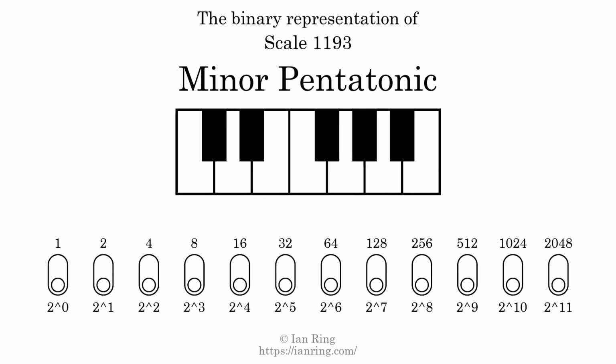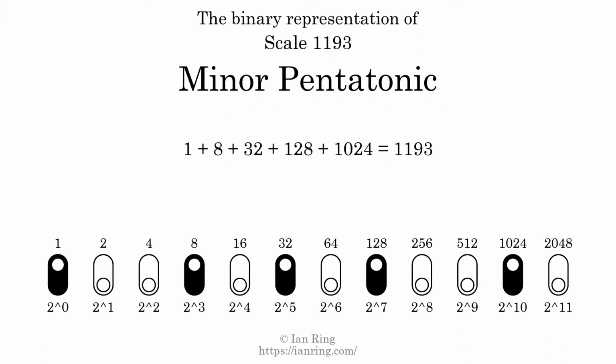The binary representation of this scale is determined by mapping tones of the scale to binary digits. Each binary digit represents a power of 2. To get the scale number, we add the powers of 2 together. The powers of 2 that are present in the scale, all added together, equals 1193. That is why the scale number, in decimal, is